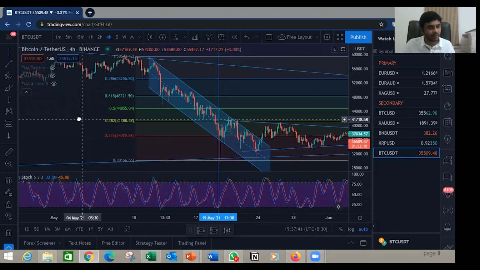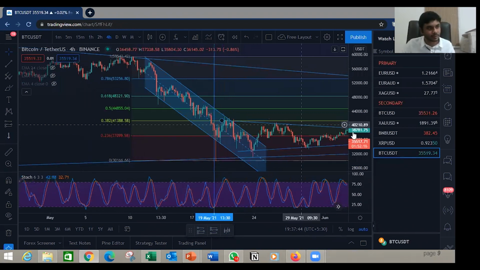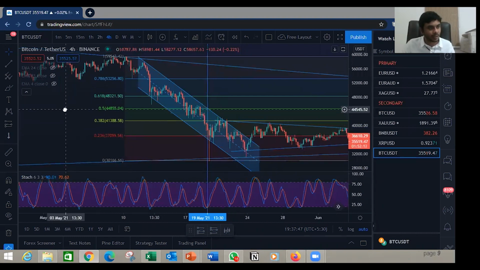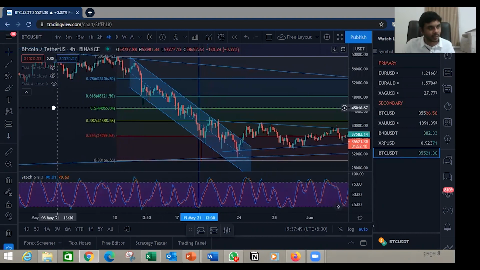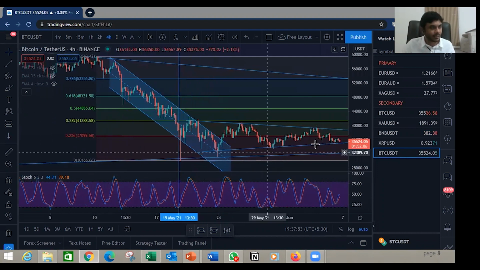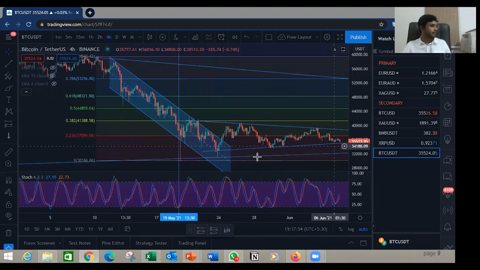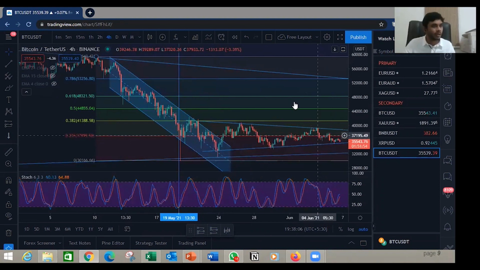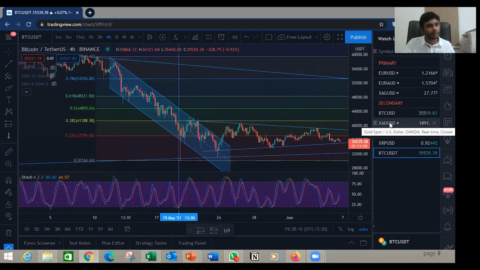You can see within the 4-hour, with these forecasted lines, the point where it touched that level, the price starts to move, and then again it touches the bottom level and starts to react. And currently we can see it is maintaining above the projected trend support. So these are levels we can use for our trading decisions, where based on that you can plan your trade with risk management, etc.